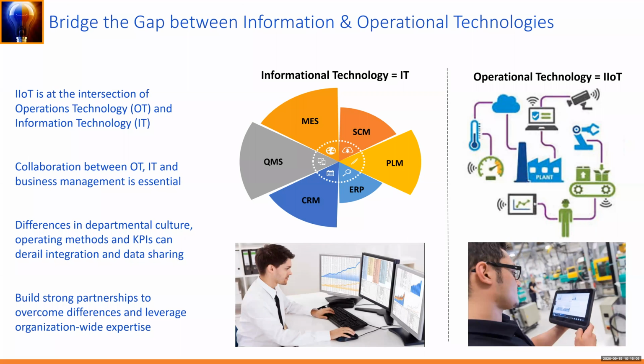Another critical theme that I want to talk about is bridging that gap between information and operational technologies. So often in a lot of the customers that I talk to, there's a nearly unbridgeable gap between those two sides of technology focus within the organization, and that has to break down. And there has to be a way to create a common language and a common culture between those organizations,